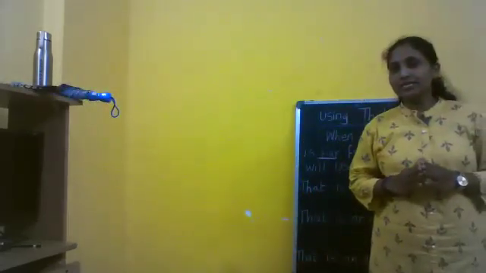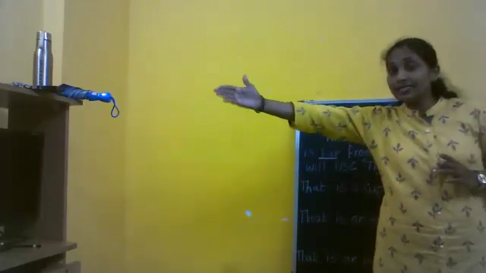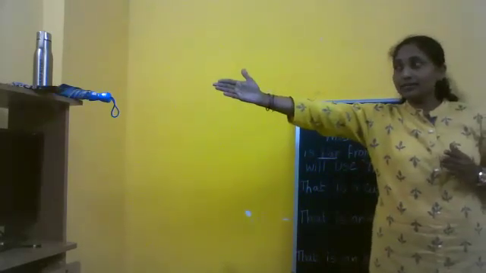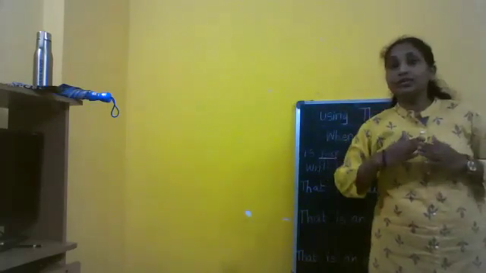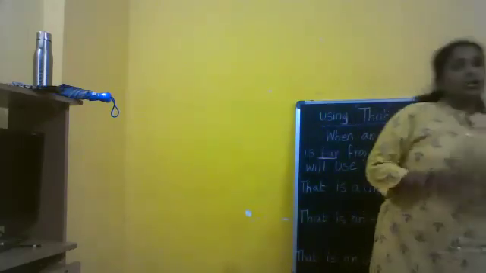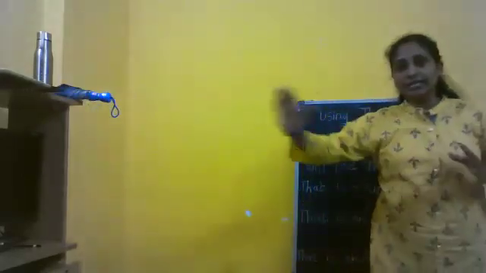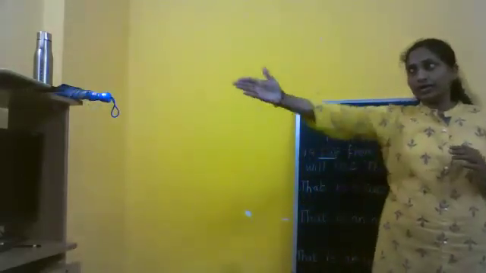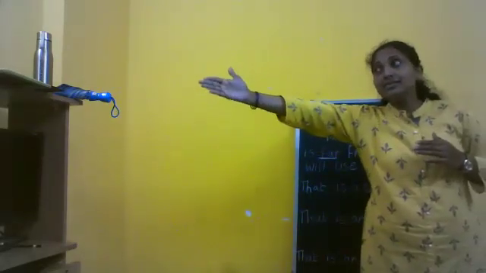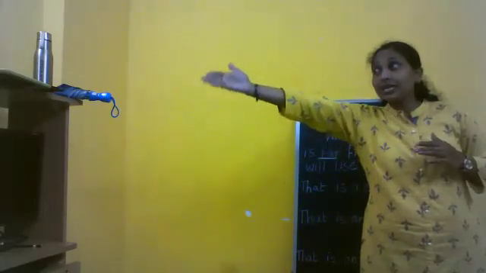Now shall we frame a sentence about the abacus tool? Yes. That is an abacus tool, because it is far from me. That's what? That is an abacus tool. Now, what is this? Slate. Shall we frame a sentence about the slate? Come on. I kept it there, far from me. That is a slate. What is that? That is a slate.